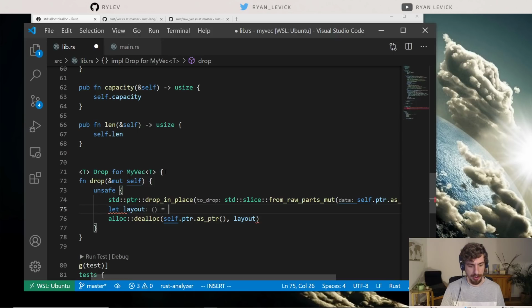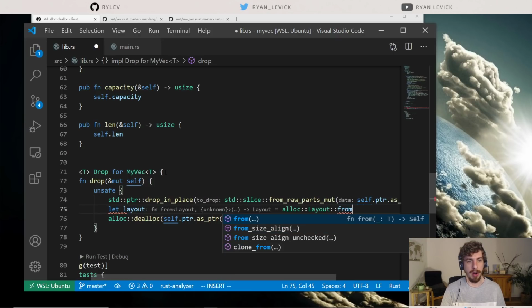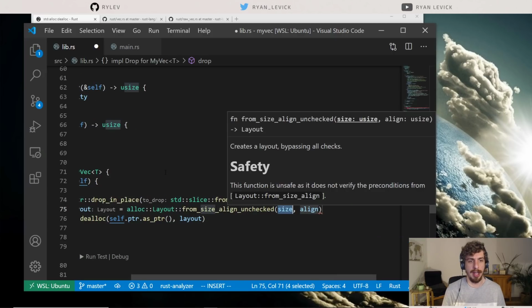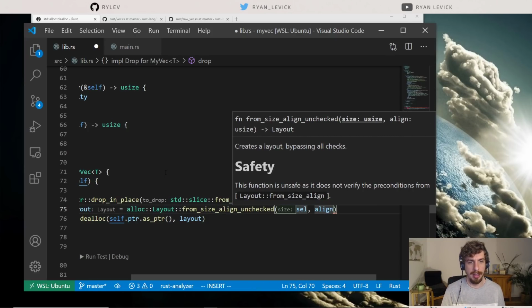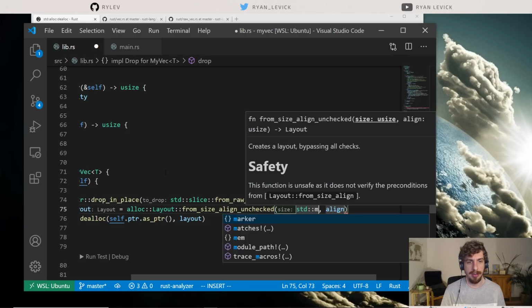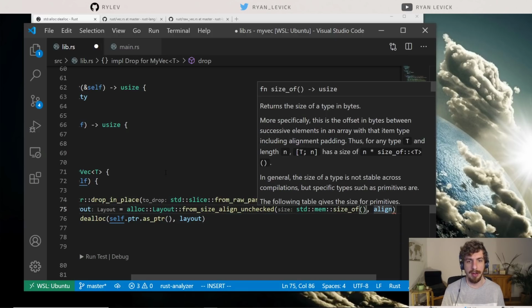And this, we can just use our old friend from before, layout from size, align, unchecked. And these should all be fine. We've kind of already done the check in push to make sure that we're not going to violate any of these invariants. So this is going to be the size is std::mem::size_of